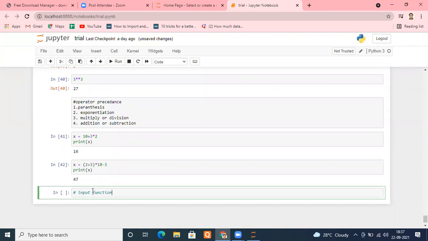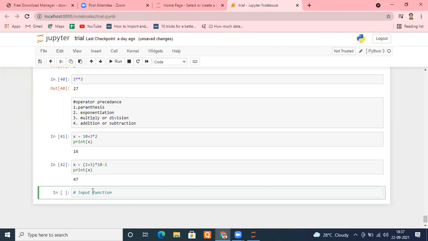For example, you open Gmail. Gmail asks you to enter your username and password. In the same way, it is going to ask you. In C programming, if you remember, there is a function scanf. Does anybody remember, if you have studied C, how we take input from the user? Using scanf. Yes, here it is input.